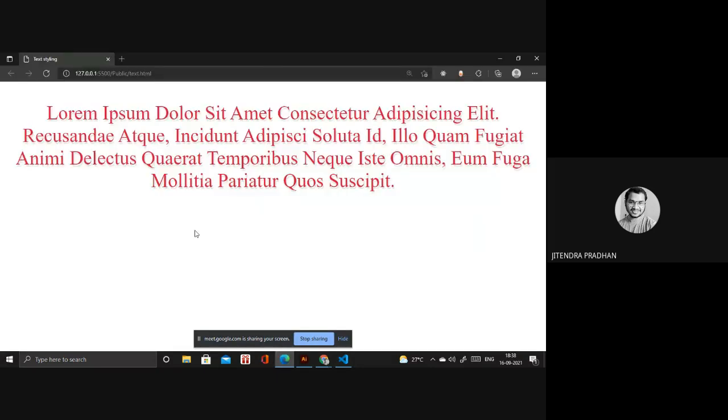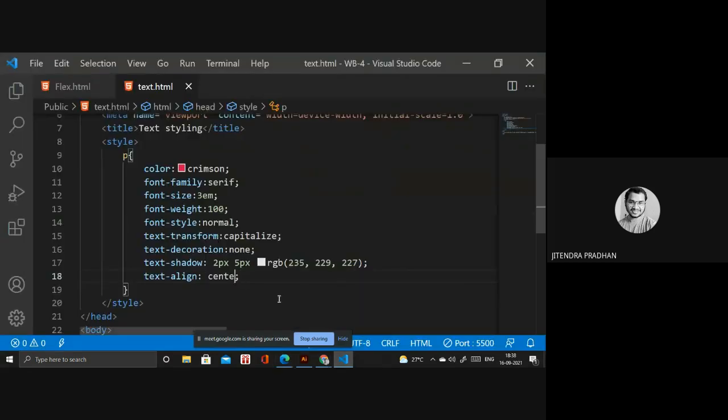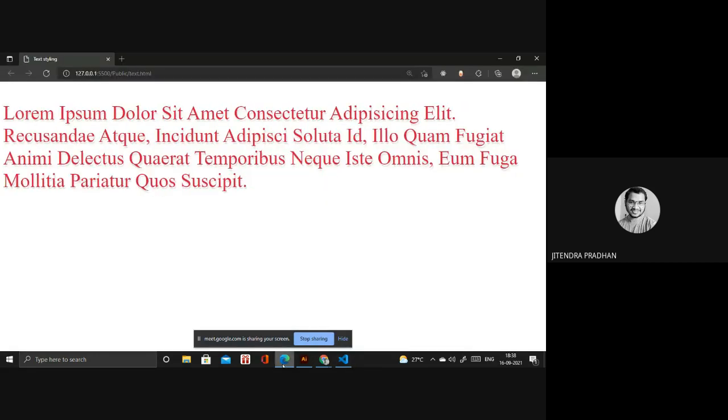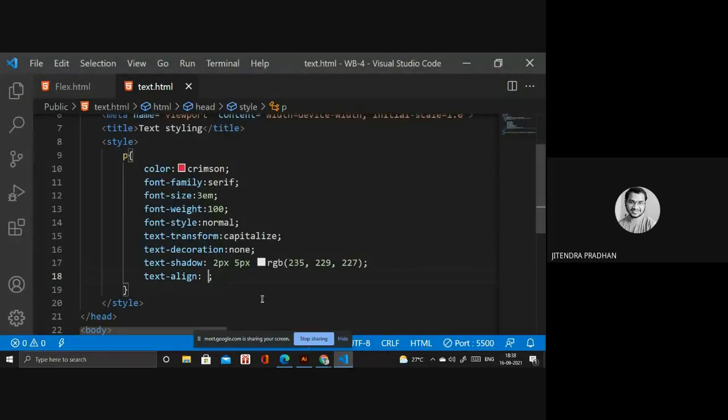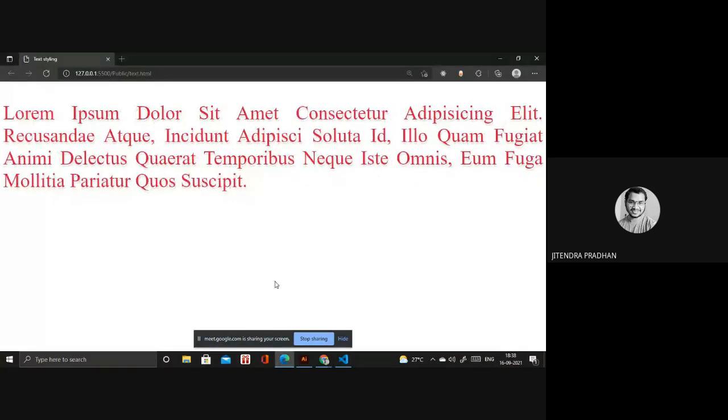It is the center of the text. Okay, text will be centered. If I want the left side, then you can. I want the right side, it's working fine. If I want to justify the content, it's working fine now. This justify content will be justified according to your width. Okay, and we have done text alignment.